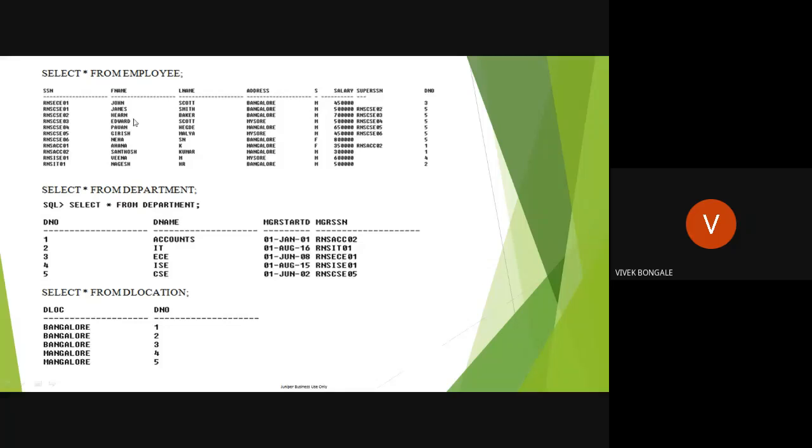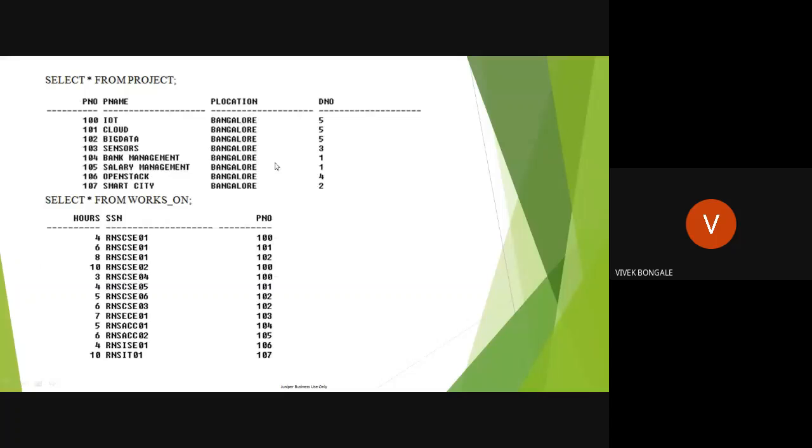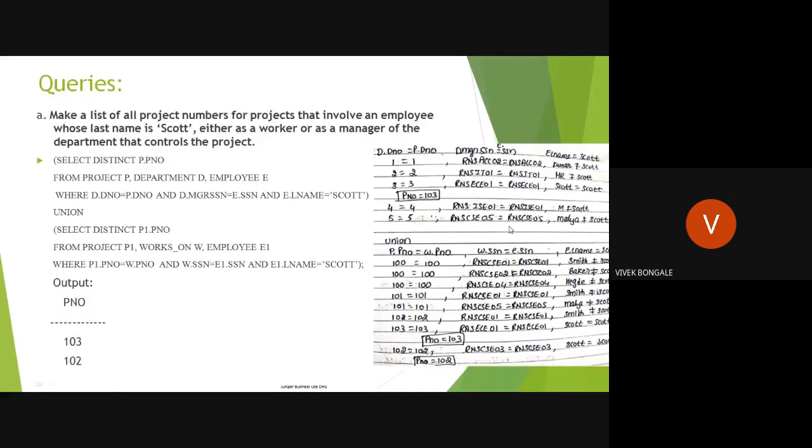Then the manager SSN, it is true. Last name is Scott. Then we compare: department number 3 in the project table. And what is the project number for department number 3? 103. What is it indicating? In project 103, Scott has worked as a manager. So we got the result as project number 103.